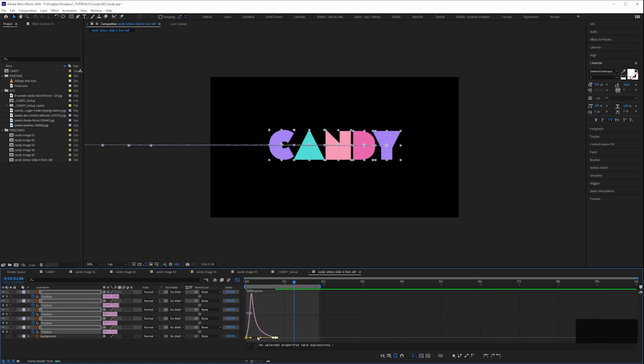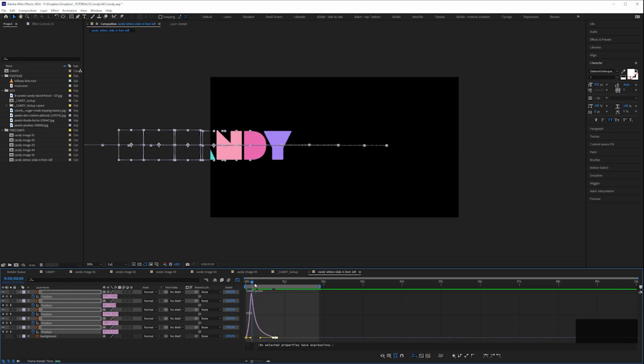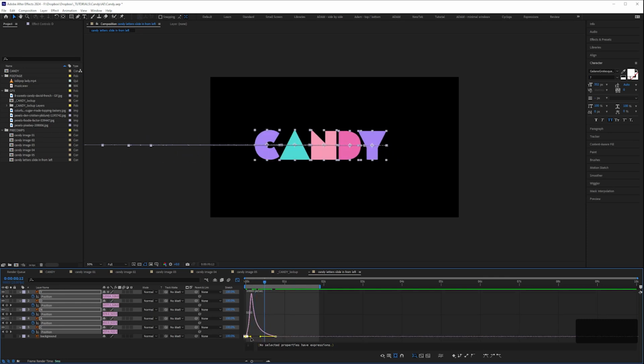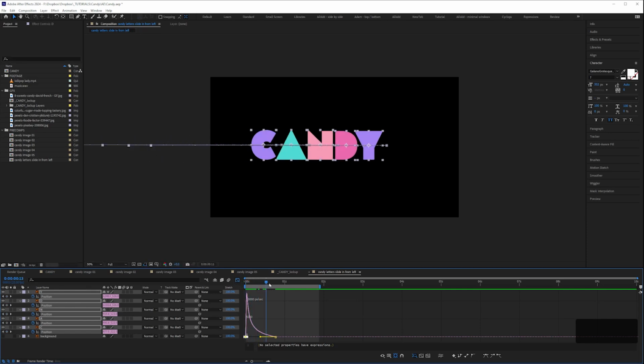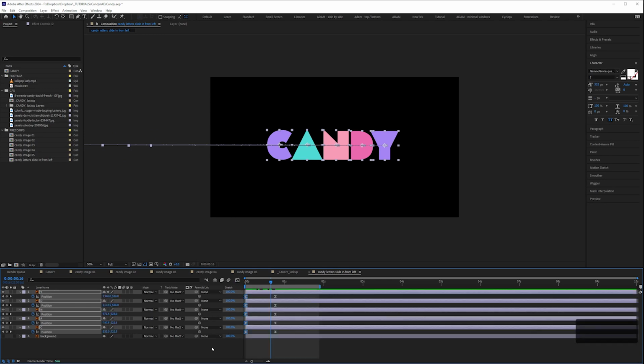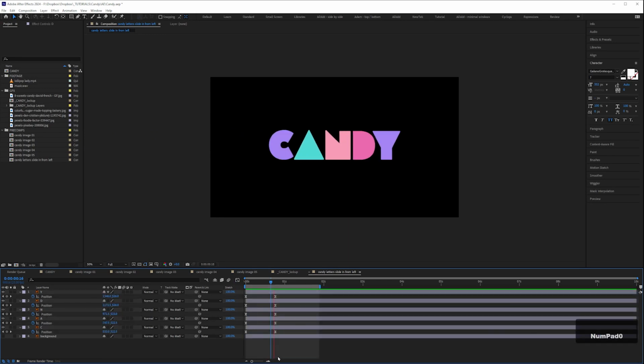Dragging out these end Bezier handles is going to slow down the movement here, and we can see that as we scrub through. And then here, I'm not interested in any kind of acceleration particularly from this side, I just want to see them slide in slowly. And then if I preview that,